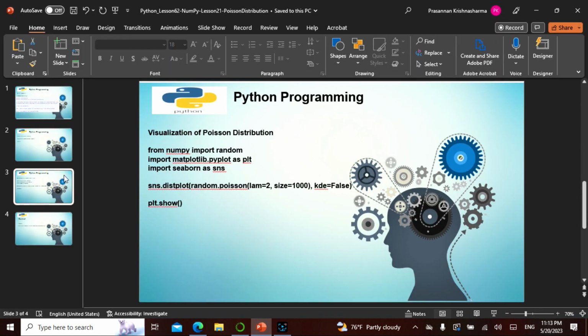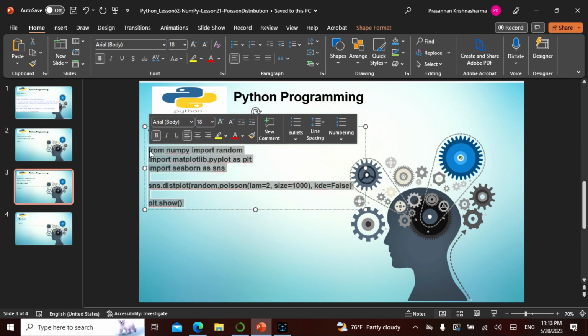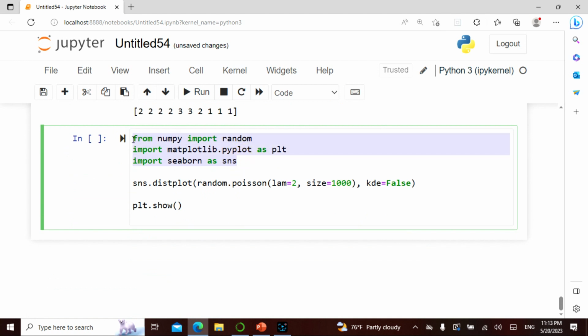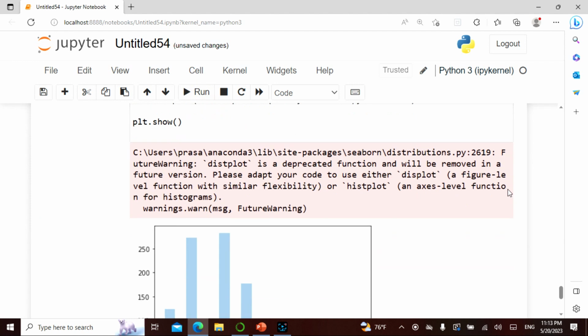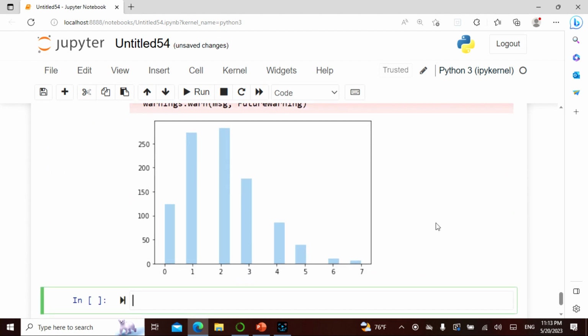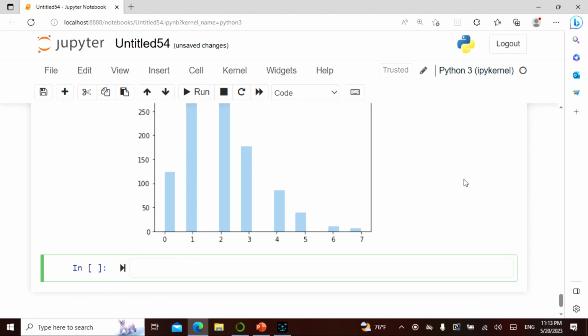Now, if you want to visualize this, we take this and put it like this. As I said, you can learn these three things by heart. And you can do a Seaborn distribution plot. This is a Poisson with an occurrence rate of 2, and the size is 1000. We don't want the kde, so we take it to be false, and then we say plot, and this is discrete. Now this is a Poisson, and the histogram is there. See here, this is discrete. So this is how it occurs. This has occurred this many times. So this is the Poisson.